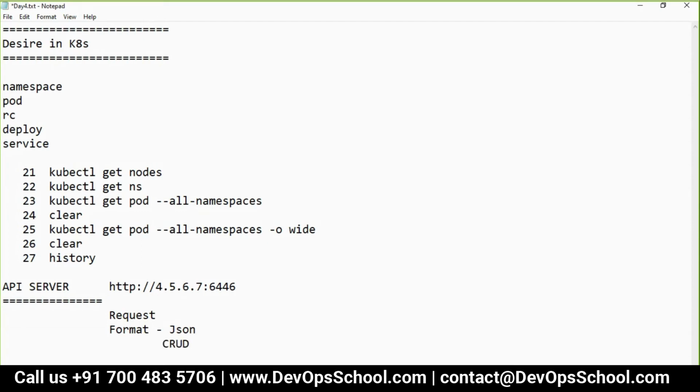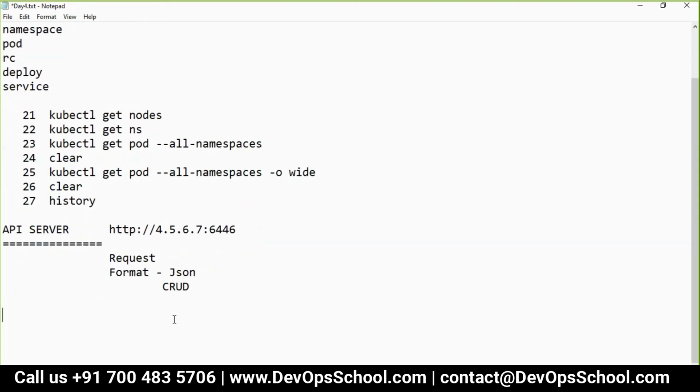Correct now? For each API, we do the CRUD operation. What is the CRUD operation? Get, post, delete, put, you know that. So here we mostly do the CRUD operation. CRUD means create, read, update, and delete.